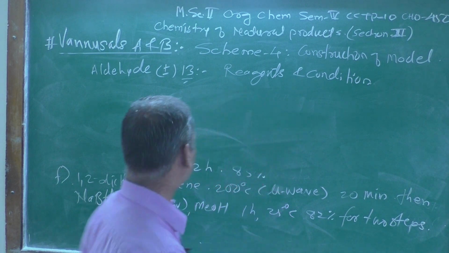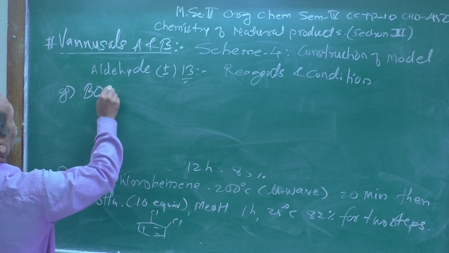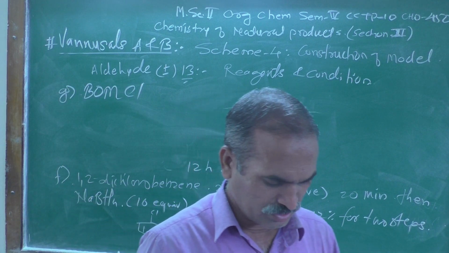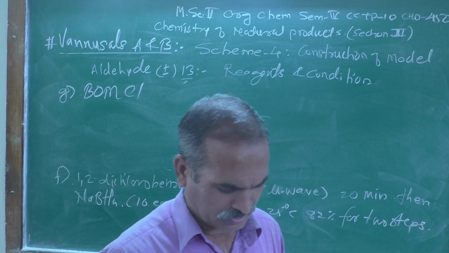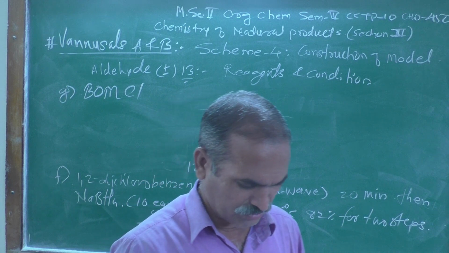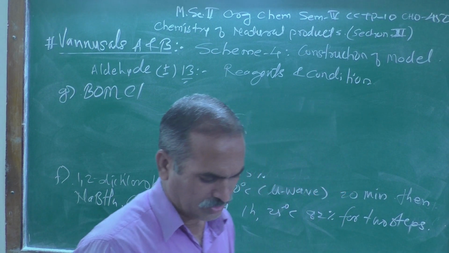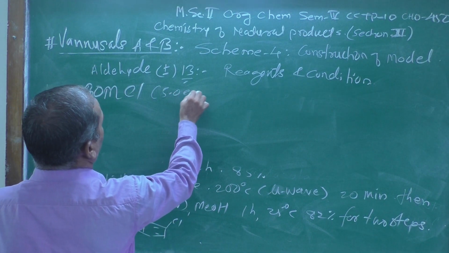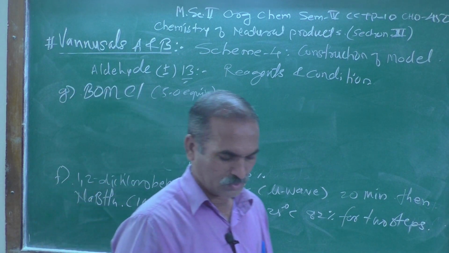Let us see G condition over here, BOMCl, that is benzyl methoxychloride. Benzyl methoxychloride, in our previous lecture we already discussed the structure of that BOM, that is 5.0 equivalent was taken